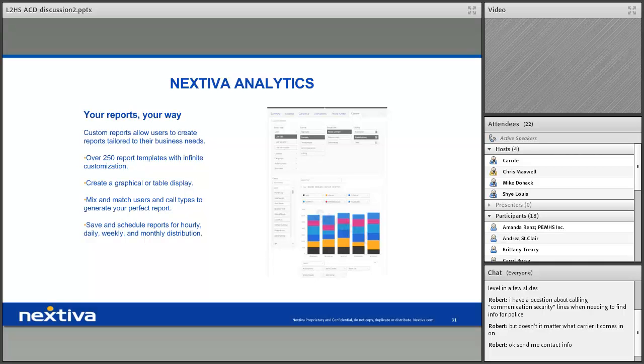And, of course, you can also put these on a schedule. You can have them emailed out to you at any time, daily, weekly, monthly. You can also take the PDF or CSV file straight from the analytical tool. All right. Next slide, please, Mike.